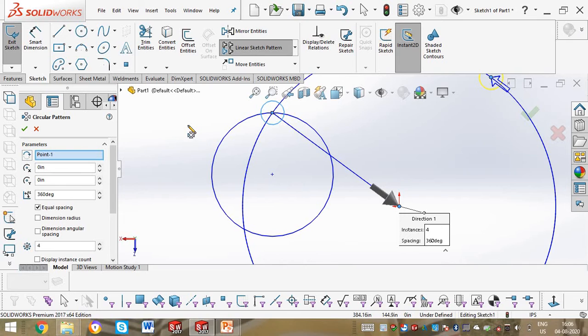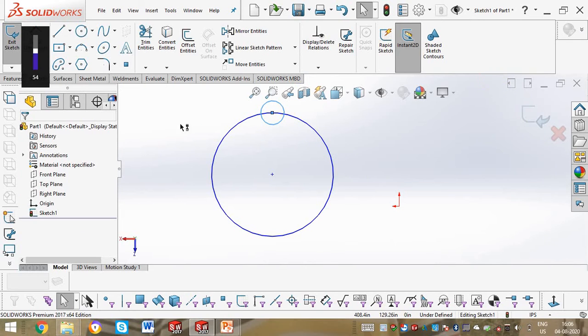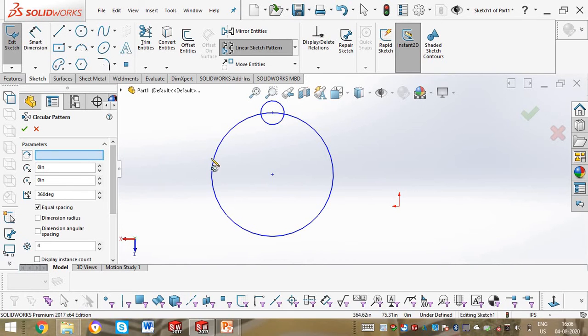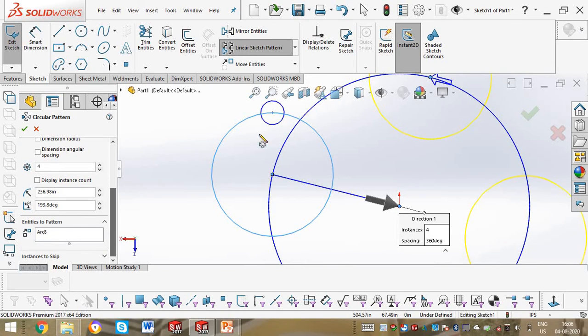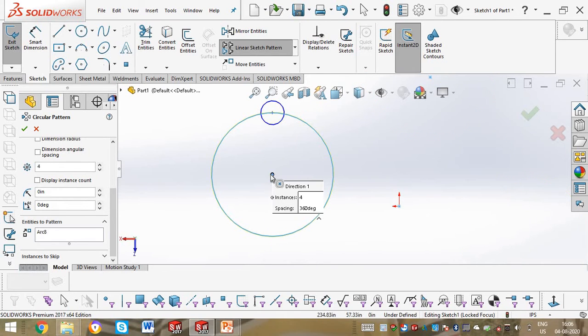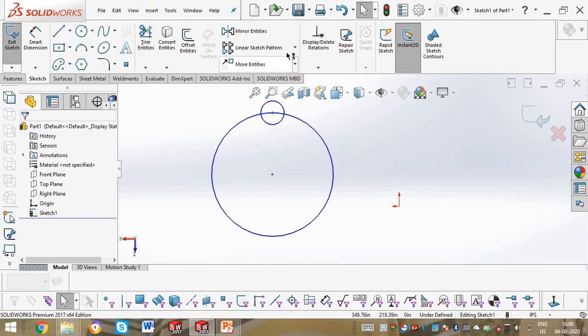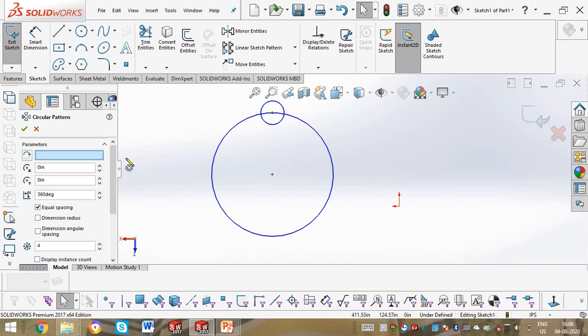If I select this circular pattern, you should select its axis or axial point, the particular center point of axis. So I should place that point there. That will be the center for circular pattern.